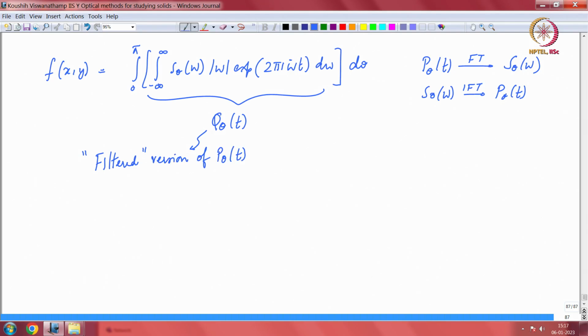There is a property of Fourier transforms which we have not really touched on here, which is that if you have a convolution integral, again I am just going to mention it, it might not be as critical now because it needs a little bit of discussion. If you have a convolution of two functions in real space, then in the Fourier space a convolution becomes a product. So, this is like a filter that is being applied before you take the inverse transform. This filter is called a ramp filter